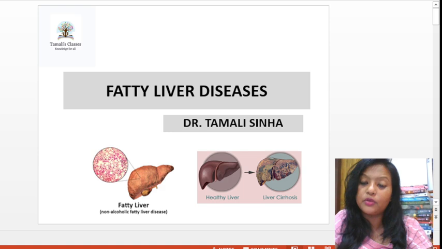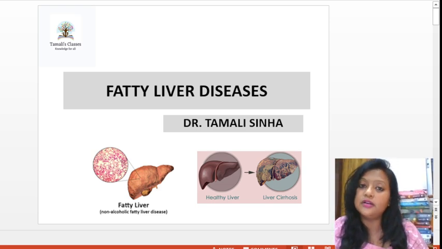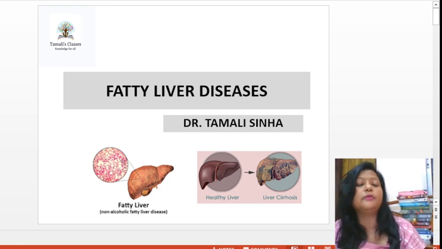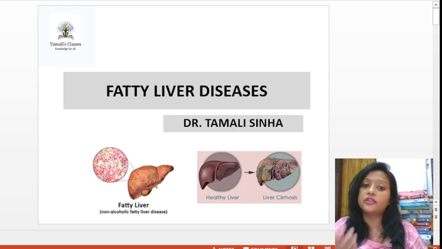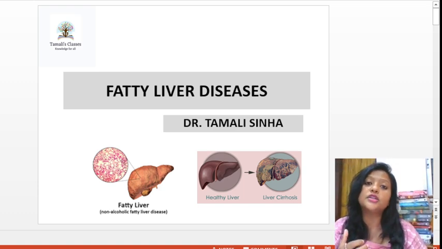And today we'll talk about the fatty liver diseases. See, the name suggests that fatty liver means when fat is accumulated in the liver, then it leads to fatty liver diseases. So in today's topic, I'm talking about the liver, its function, its location in the human body, and also how fatty liver is caused, types of fatty liver, what are the symptoms, how you can prevent it, how you can diagnose it and cure it.